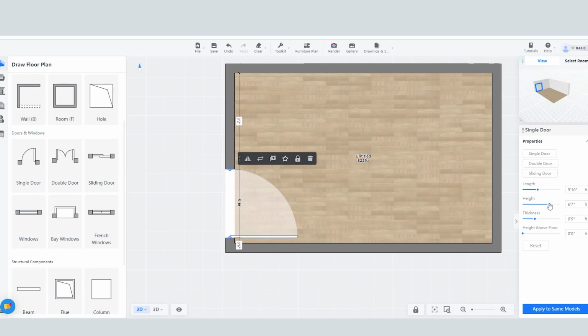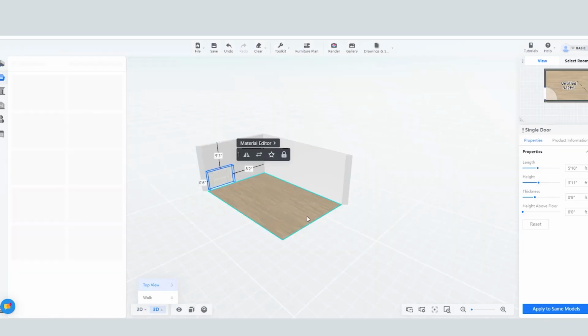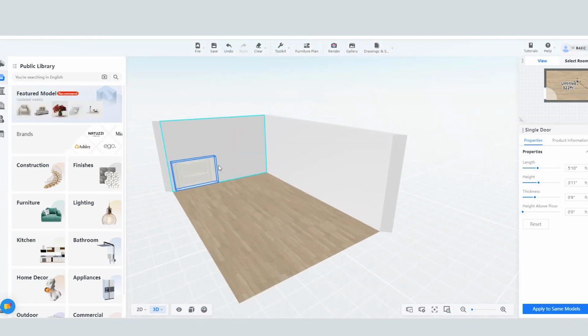If you want to change the height of the door, you can't see any change here. Now you have to go to 3D, the top view, this is the perspective view. And when you change the height of this door, you can see the height of the door. Now I need a 7 feet door, you can see.